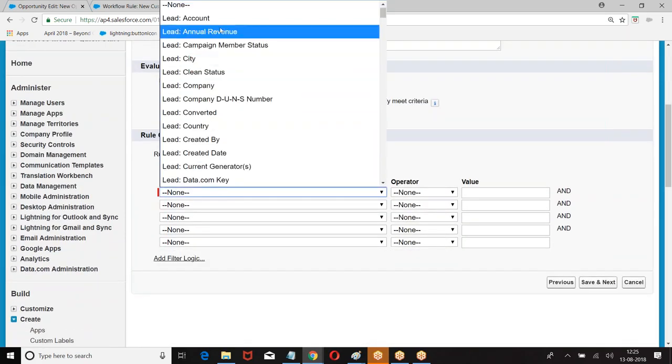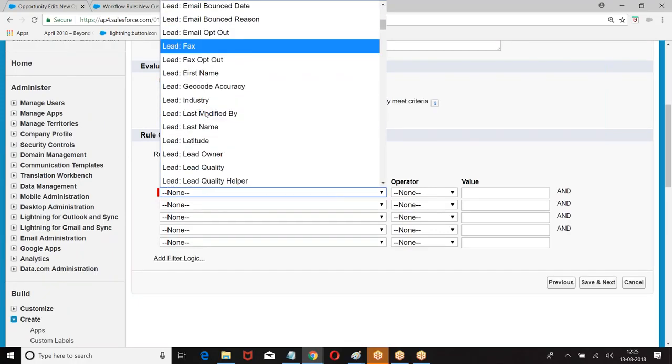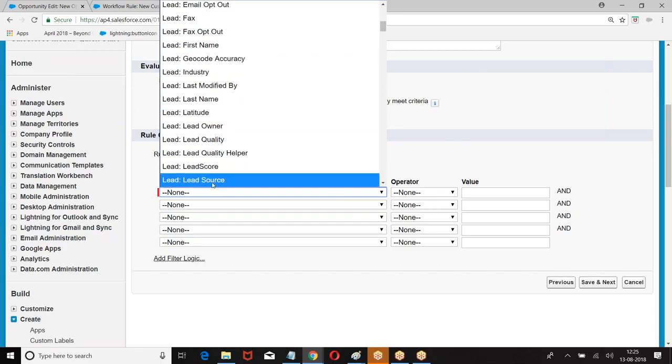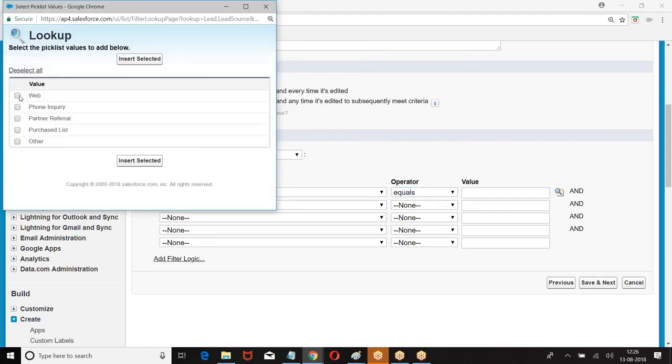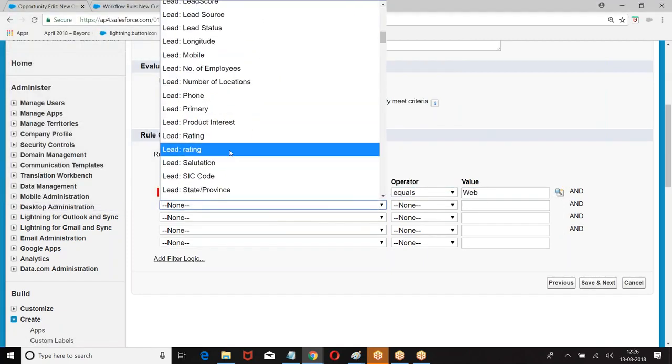I told lead source equals web and rating equal to hot.